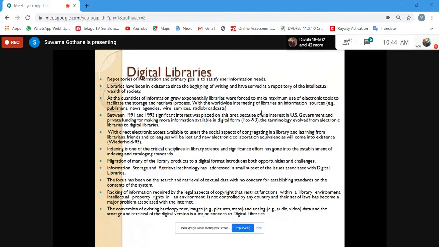Nowadays, because of COVID-19, the printed newspaper that we used to get has also stopped, and all the newspaper agencies are giving us digital newspapers. We can browse and search either the Times of India or the local news, and every day this sort of data is coming. So for that sake also, digital libraries are going to be used.